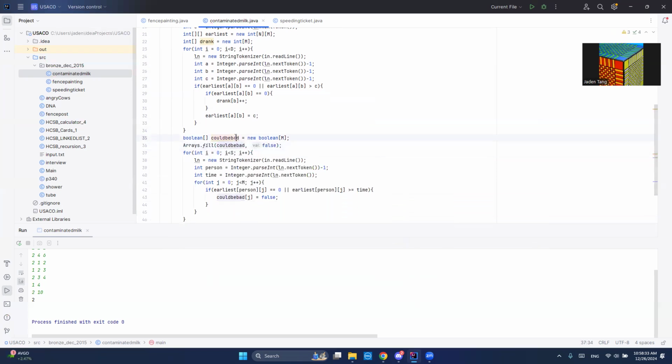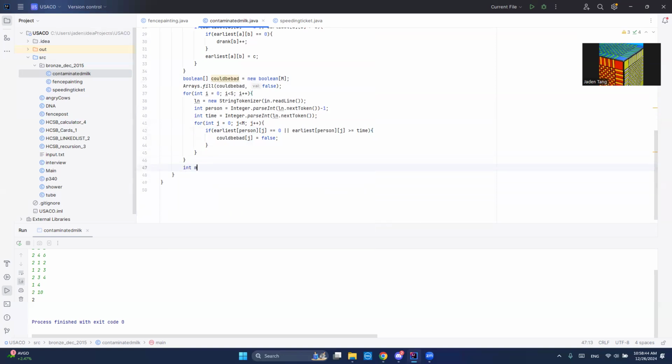So before we do anything, we need to first make sure that everything could be bad. Each type of milk could be bad before we eliminate anything. And then this part just eliminates it. And then finally, we just check